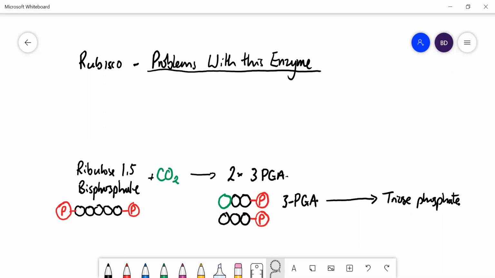Okay, so the enzyme Rubisco, there are a few problems with this enzyme, and I'm going to talk about them in this video. Now, most of the material covered in this video is not on the AQA level specification. It's not particularly much harder, but it's not on the specification, but I've included it because it gives you a good understanding of photosynthesis, a bit more depth of understanding into how enzymes work and